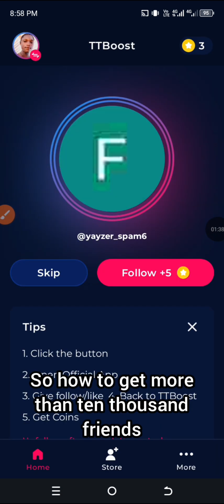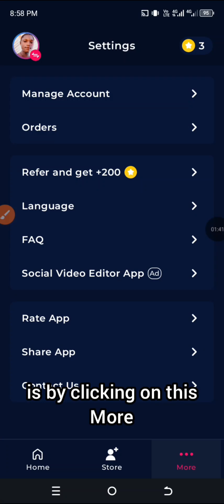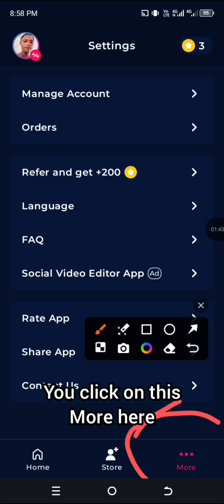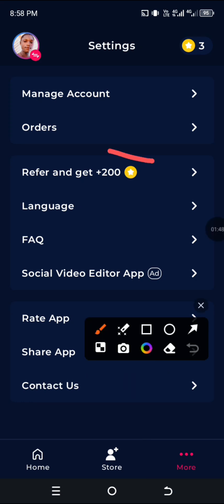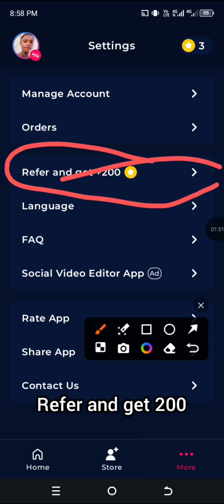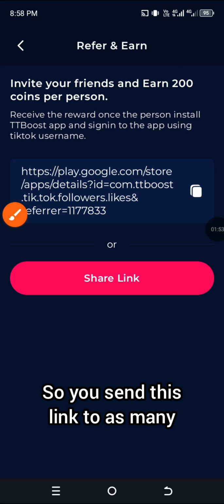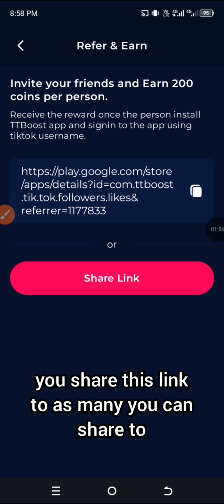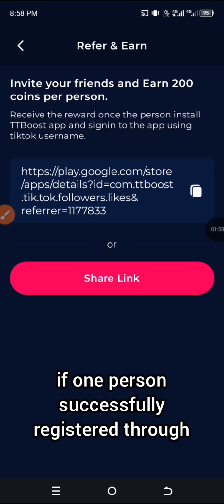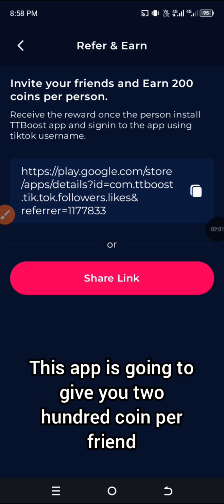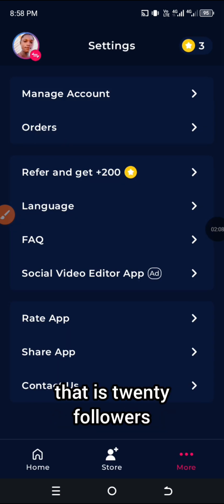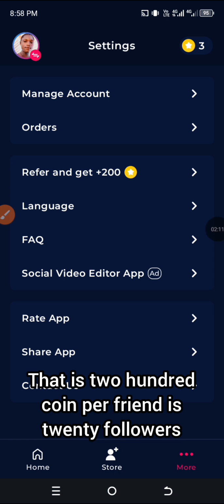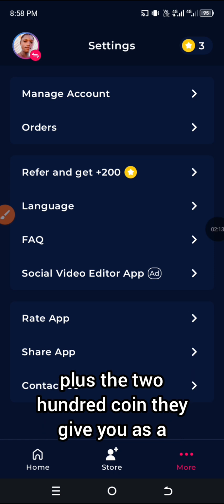So how to get more than 10,000 followers is by clicking on this More here. Click on More. Then you see Refer and get 200. You share this link with as many people as you can. When you share, if one person successfully registers through this app, it is going to give you 200 coins per friend. The 200 coins per friend is 20 followers, but the 100 coins they give you as a new page,